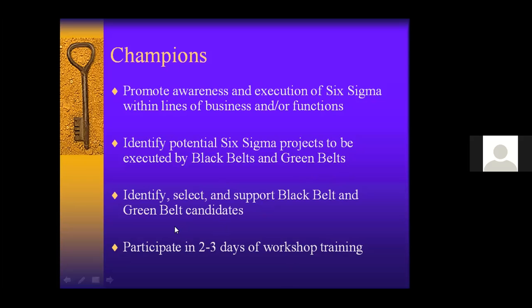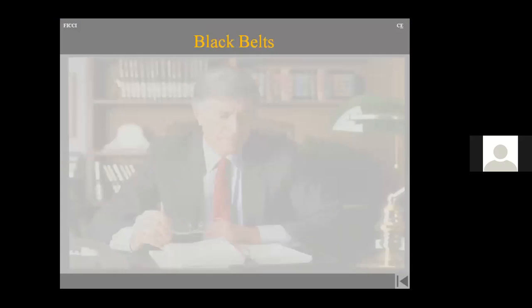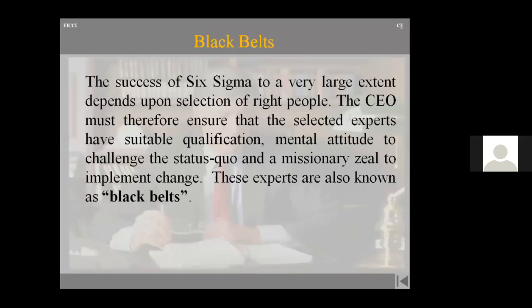He also needs to identify, select and support black belt and green belt candidates, because all the black belts and green belts would look towards their champion or their leader to guide them. So he must have good training, and he should be well aware of the processes. The success of Six Sigma to a very large extent depends on the selection of the right people. The champion, or what we call the CEO, should ensure that the right people are selected for the right job. They must have good mental aptitude, good qualification, and